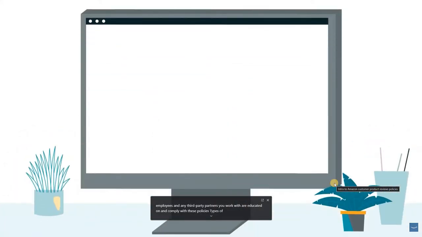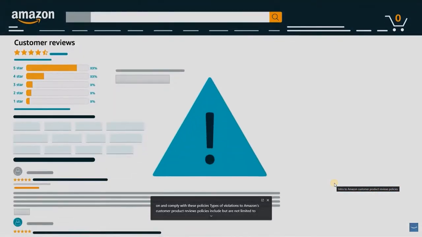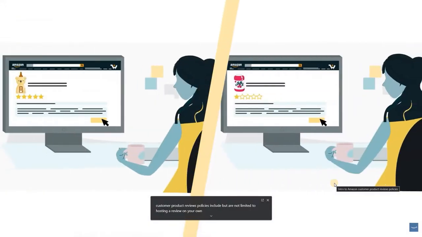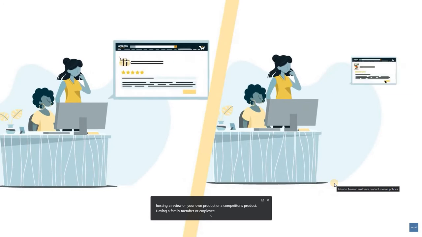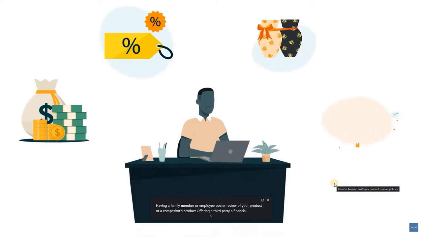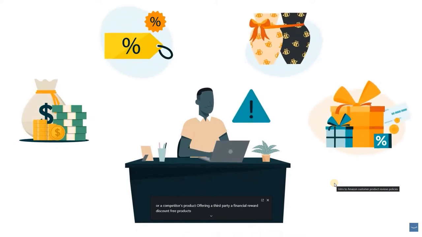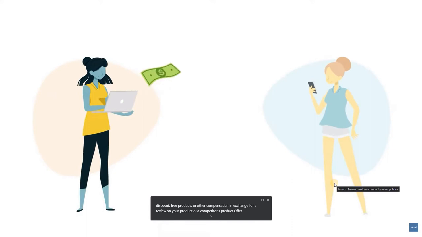Types of violations to Amazon's customer product reviews policies include, but are not limited to, posting a review on your own product or a competitor's product, having a family member or employee post a review of your product or a competitor's product, offering a third party a financial reward, discount, free products, or other compensation in exchange for a review on your product or a competitor's product, offering to provide a refund or reimbursement after a buyer writes a review,